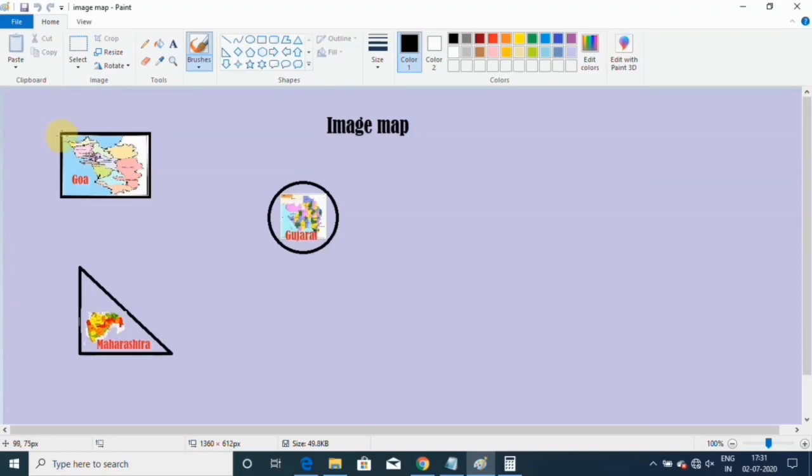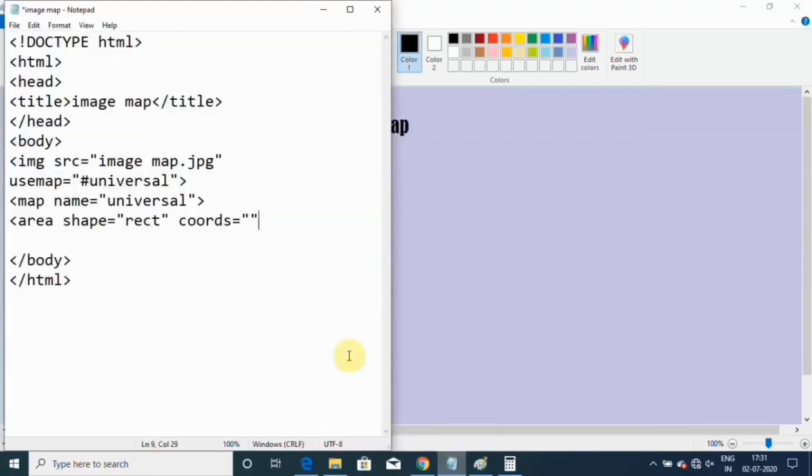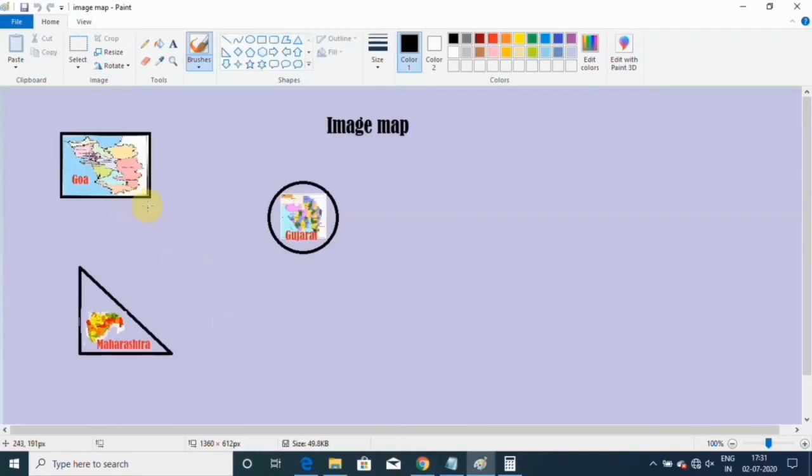So the coordinates of x and y are 98, 73. So you can go to the notepad file once again and write the coordinate over here, 98, 73. Again go back to the Paint file and take the coordinate from this right lower corner. So right lower corner 249, 175.